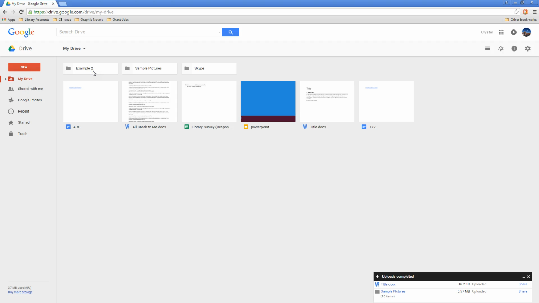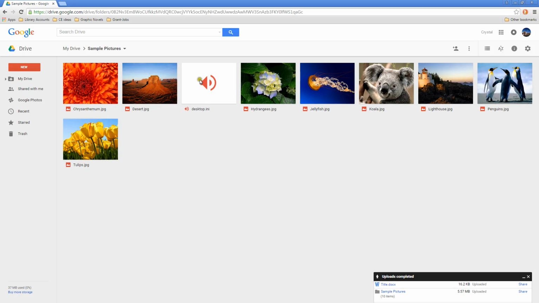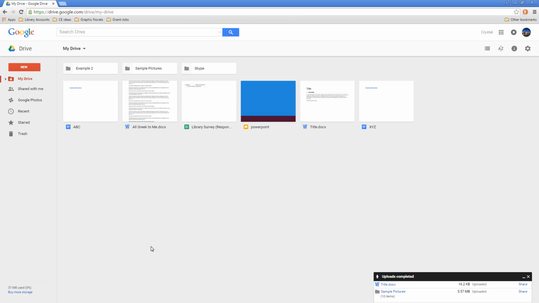If I want to see a folder and the files that it contains, I can click on the folder. So here I have it highlighted. If I double click, it opens the folder so that I can see the different files. If I click on the My Drive button up top, it'll take me back to the previous menu. If I want to open a file, I can double click on the file